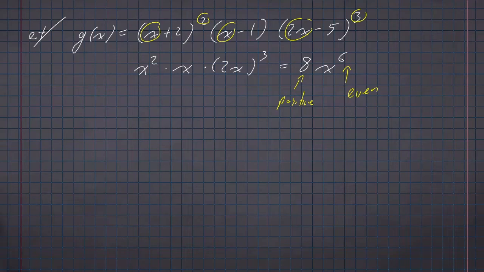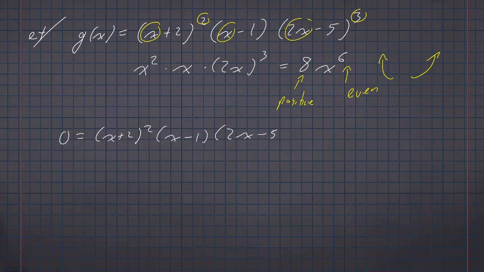Once again, we have a positive lead coefficient and an even degree. So we know that the end behavior is going to go upward to the right and mirror that by going upward to the left. Now, let's take a look at the intercepts. If I set 0 equals (x plus 2) squared times (x minus 1) times (2x minus 5) cubed, I get